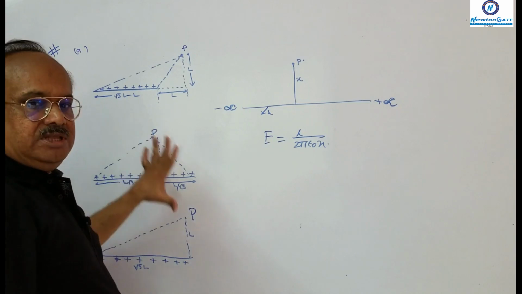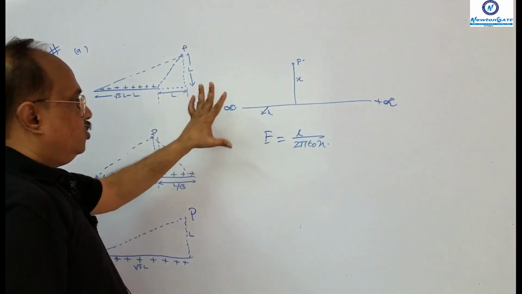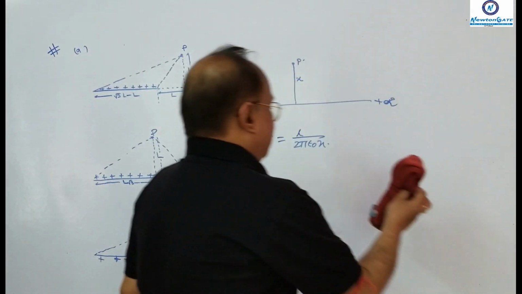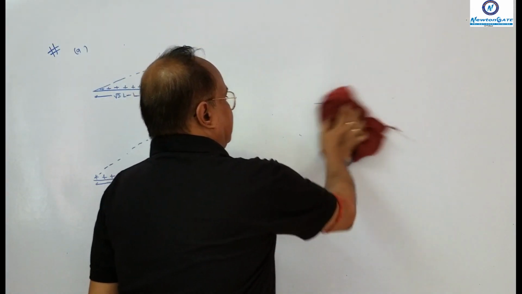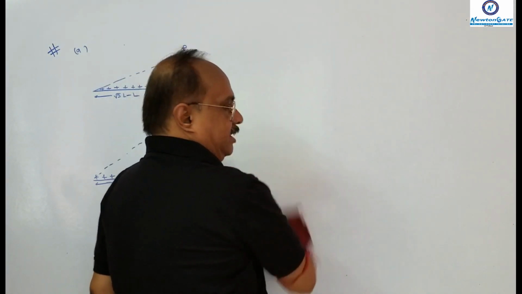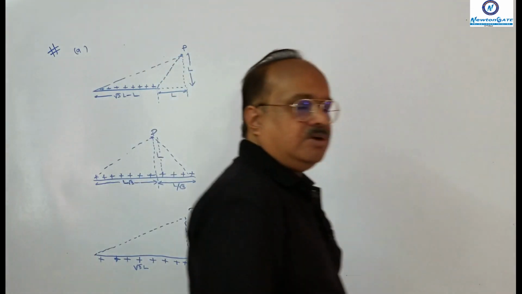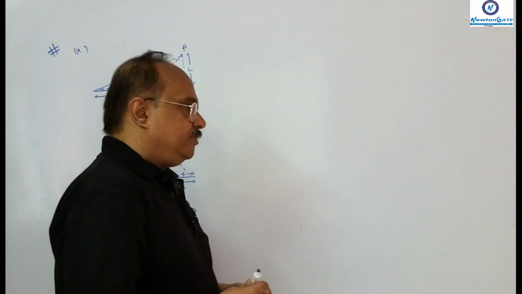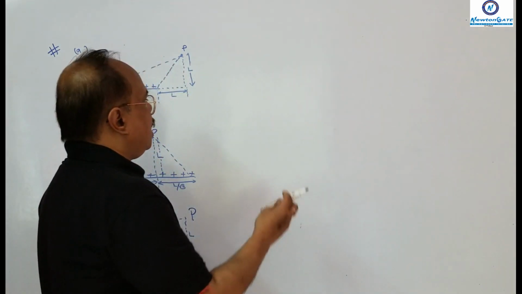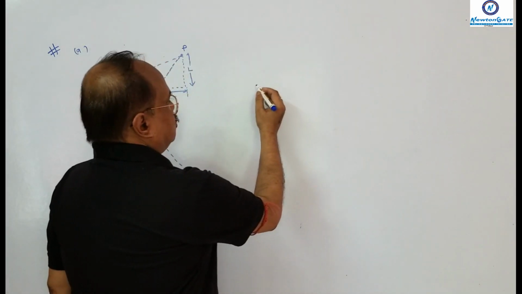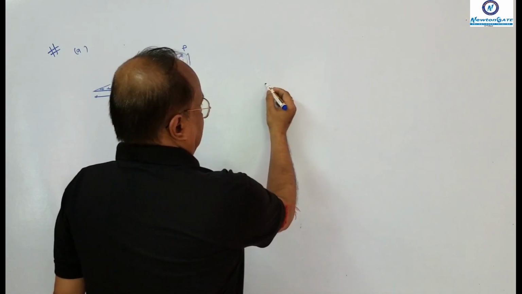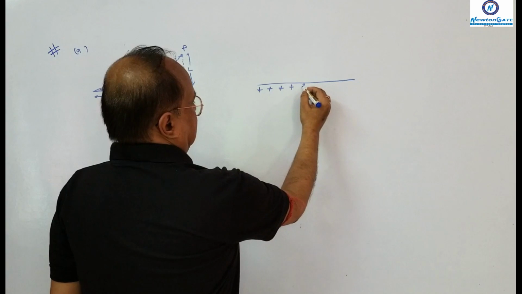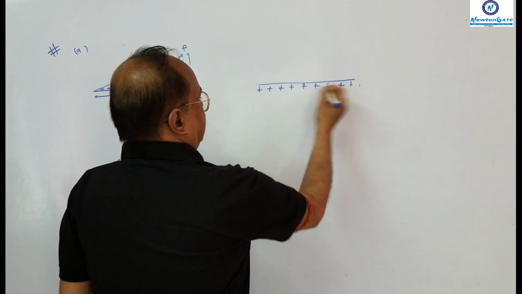So before I do these sums, I have to give you 2 formulas for it. The derivation of the formulas is not required right now. I will give the derivation of those formulas in my coming videos. Please write it down. Suppose you have a linear charge density like this, please note it down,